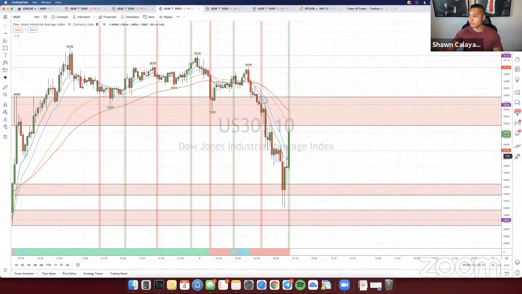MT4 wouldn't matter for you, Scott, because you're not using MT4, right? So there's no point in me showing you on MT4. It's the same thing. On MT4, there's a buy or sell button right here. So it's just going to confuse you if I show you another platform that you're not even using. So if you're trading on TradingView,